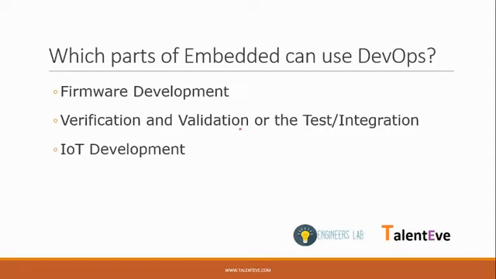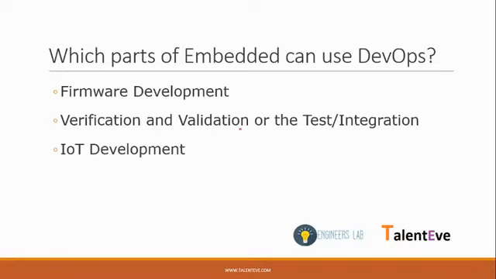So to put it in a simple way, in embedded development, if you are doing new product development where you have a clear requirement and you have to deliver a system to your customer, and this product needs to be used in an end system, you cannot use the DevOps methodology in most cases, especially if there is a hardware dependency. Whereas if there is a redesign kind of activity where the firmware needs to be developed independently, then definitely you can use